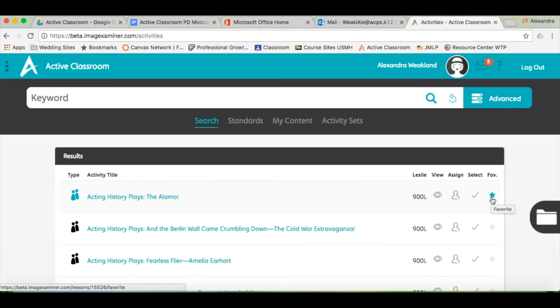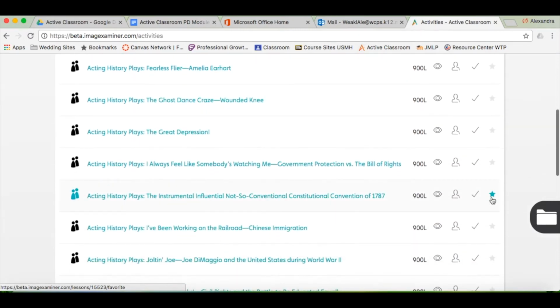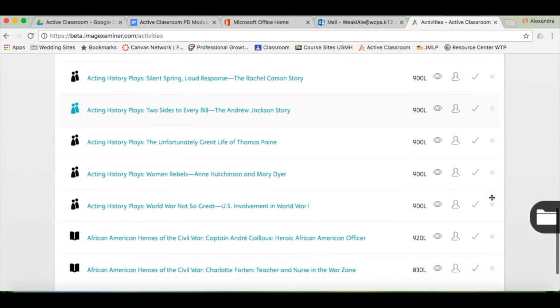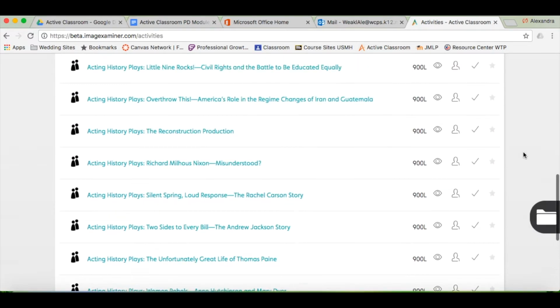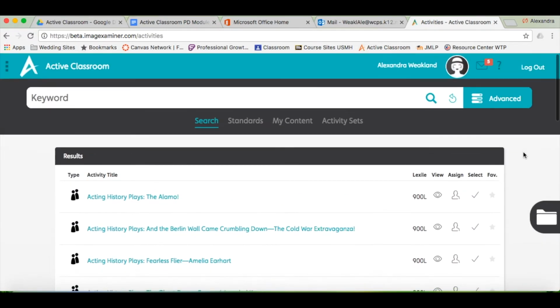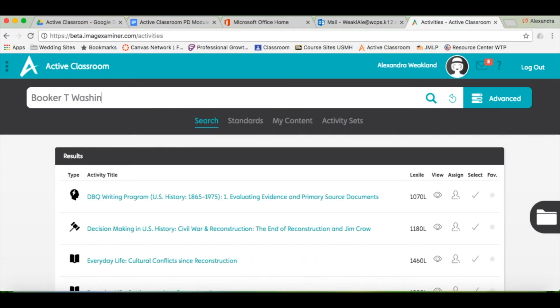As you can see at the bottom of the page here, there are 185 pages of resources. That is why we recommend using the search options at the top of the screen. Here you'll see the word keyword. If you type in specific words that you would like to search for, such as Booker T. Washington,